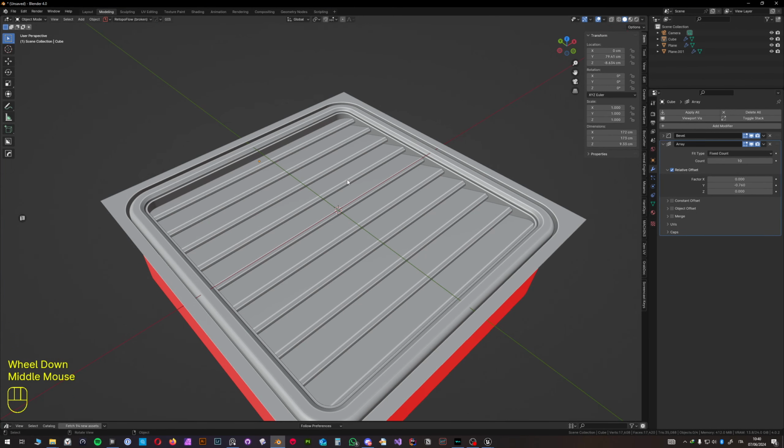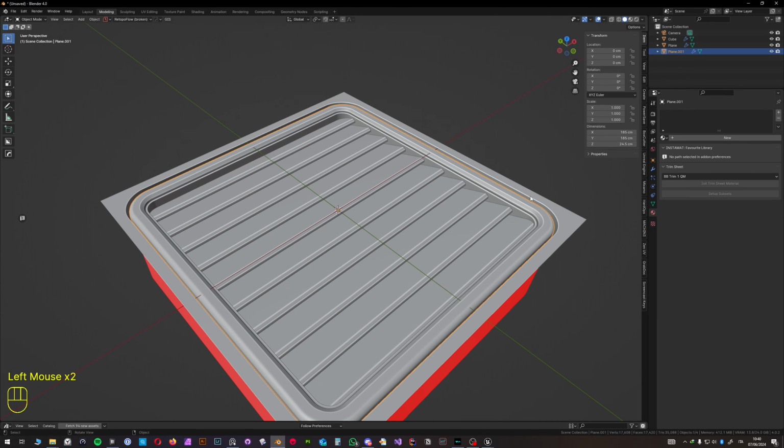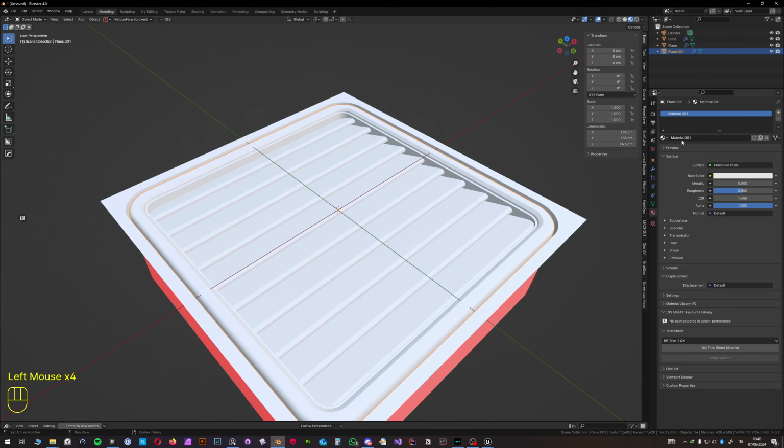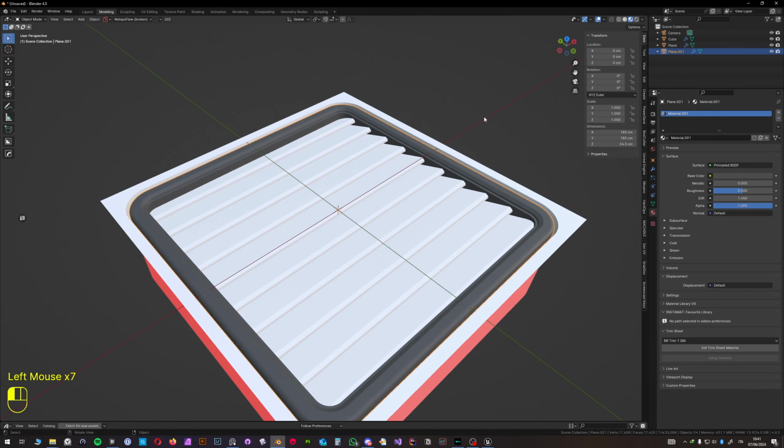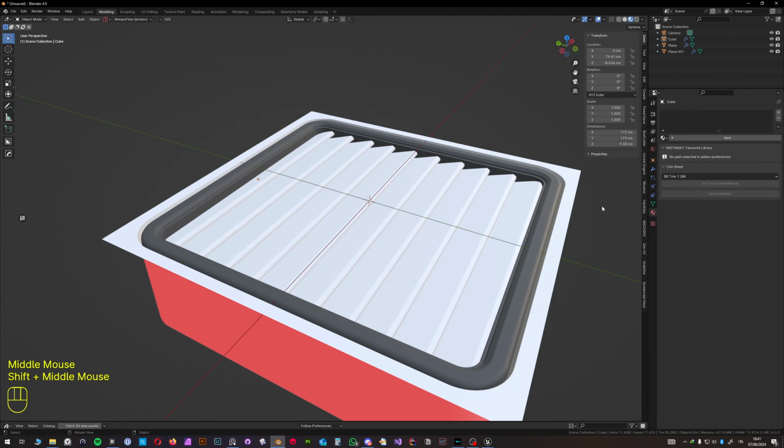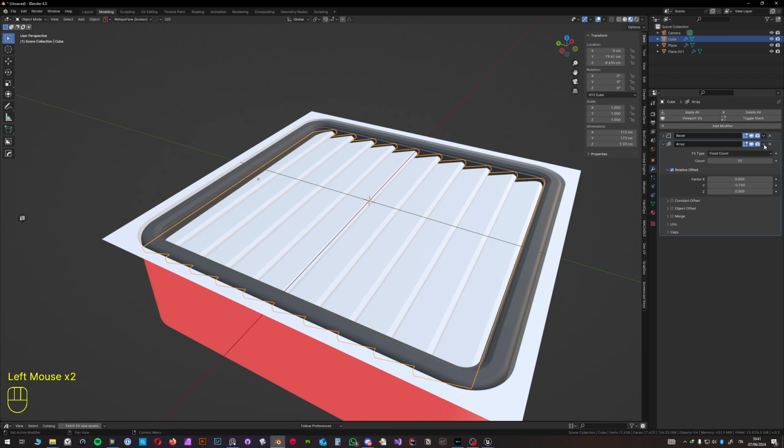We could add a little visual interest point. Also, what I like to do, by the way, is to always have two distinctive materials. So one for the main object and one for the offset, for the subset. We can now grab this, apply the array,